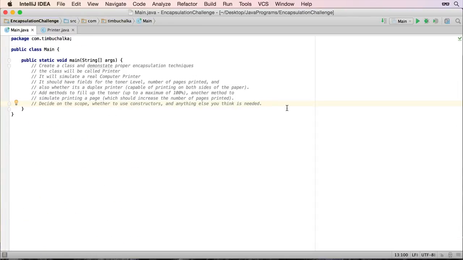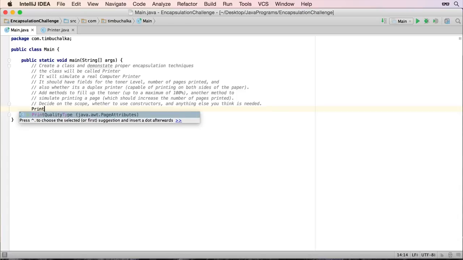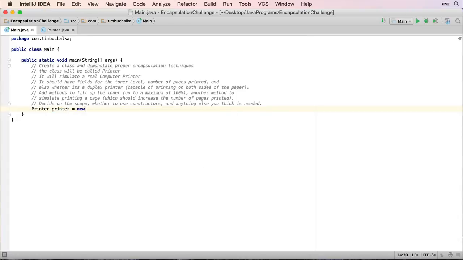So we go to the main class, and printer equals new printer. And of course the parameters are toner level. We're going to start with 50% and we're going to say true initially. So let's try doing the page count. We know what the page count is, it should be equal to 0. So we'll put initial page count is equals